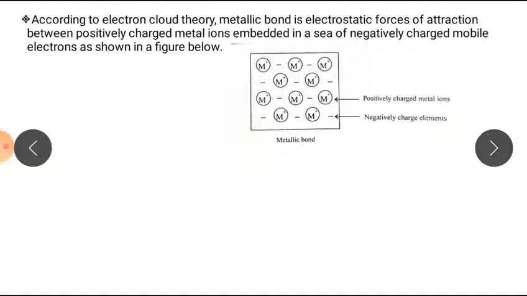See, suppose we have considered a solution. In that solution, we have taken, suppose, sodium chloride. Okay, it is the solution. In this, M stands for what? Here sodium consists of a positive charge, that is Na+, and minus for Cl. In that case, the metallic bond will be formed between this M+ and the negative charge.